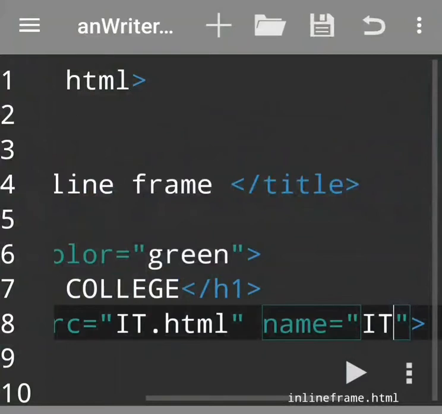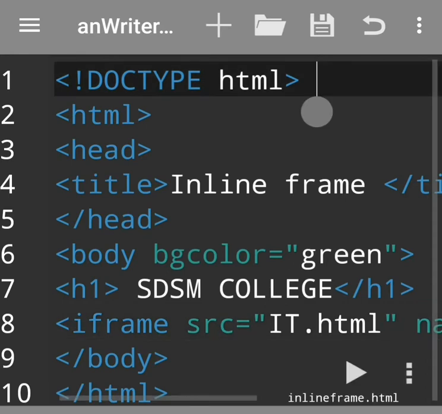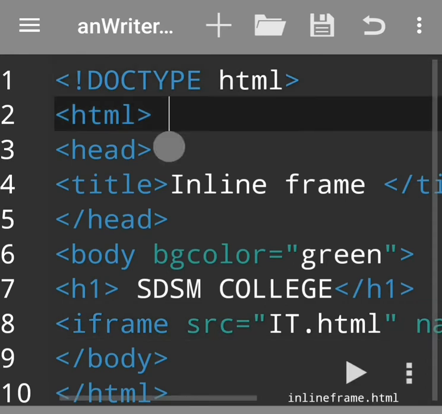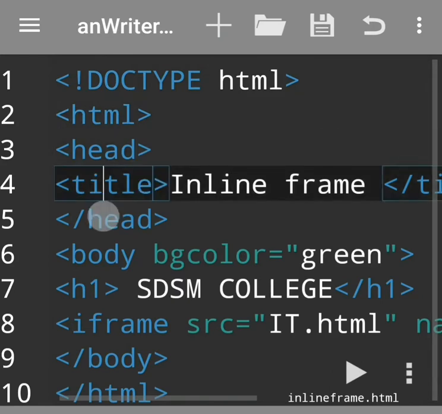Here I have written both the codes. First, I will show you the main web page code, that I saved with the name inlineframe.html. Every HTML5 code starts with doctype HTML, then HTML tag, then head tag, then title tag. Here I have given the title to this web page, that is inline frame.